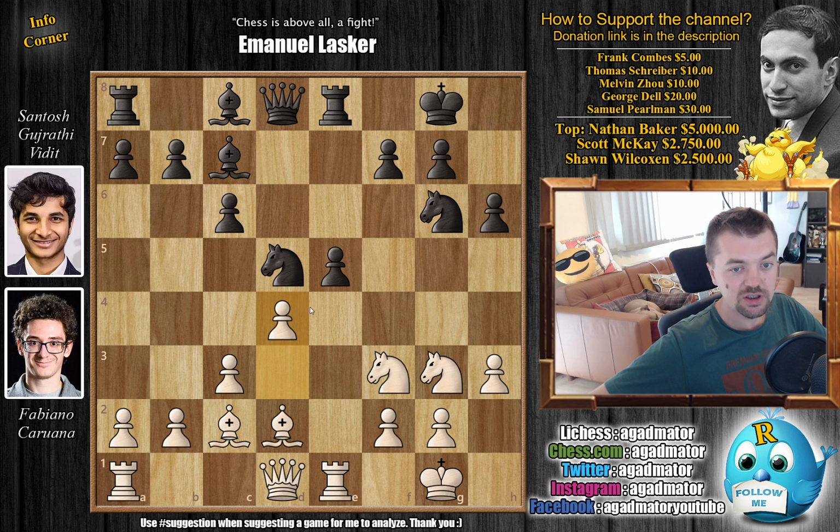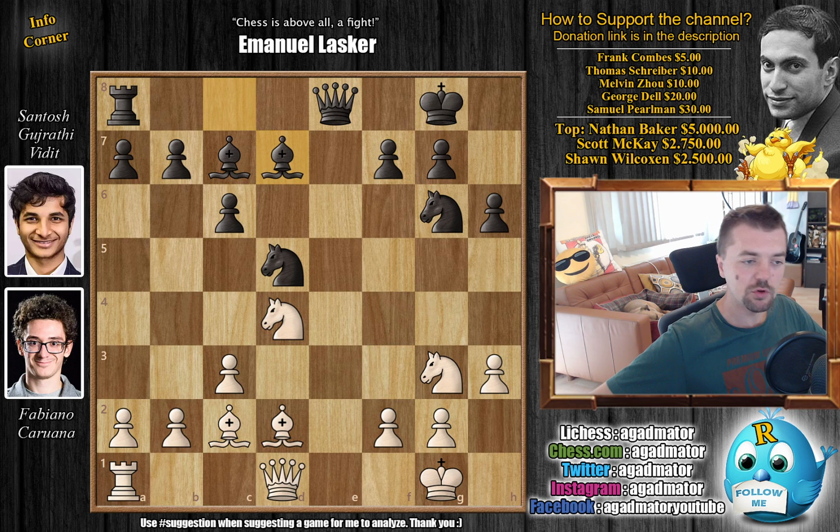White strikes in the center, and e captures on d4. We have a trade of rooks, rook captures, queen captures, and now knight captures on d4. And here, bishop to d7. And if you look at the position is almost completely identical. All of the pawns are on